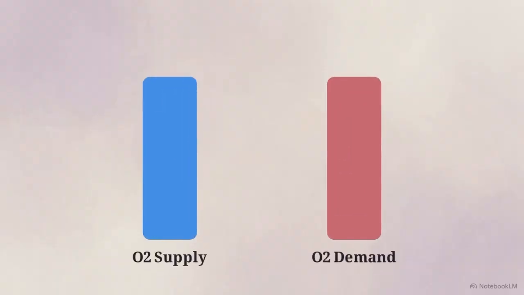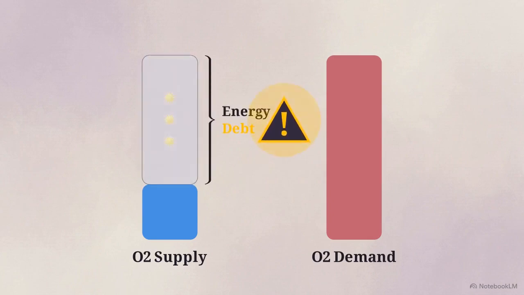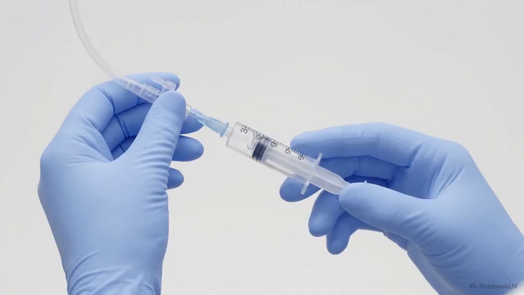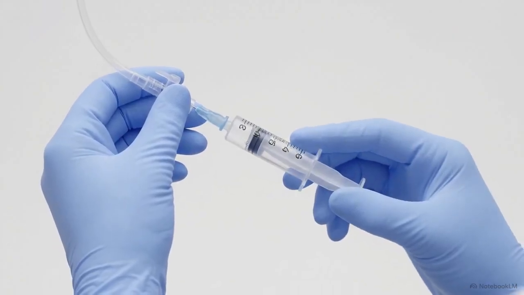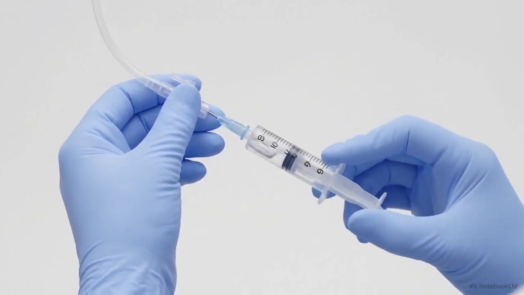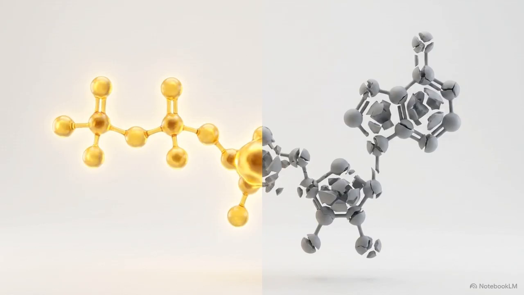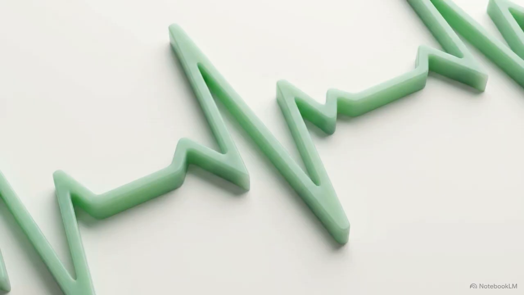Shock is an acute circulatory failure where oxygen supply no longer meets cellular demand, an energy debt that the body cannot resolve on its own. Survival is entirely dependent on the rapidity of treatment. A clinician must quickly identify the correct etiology and restore the oxygen supply chain. The margin between cellular survival and death is determined by time. Medical intervention must restore the equilibrium of oxygen supply and demand before the body's energy debt becomes permanent.